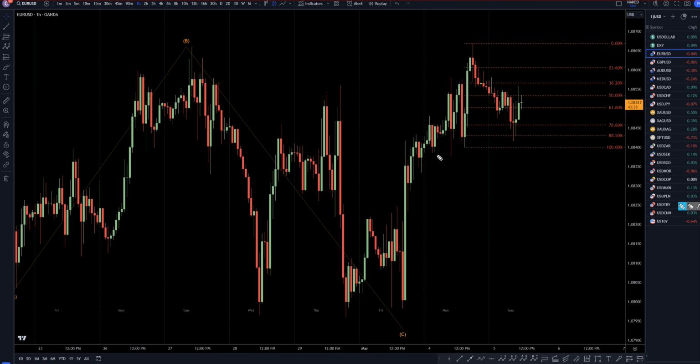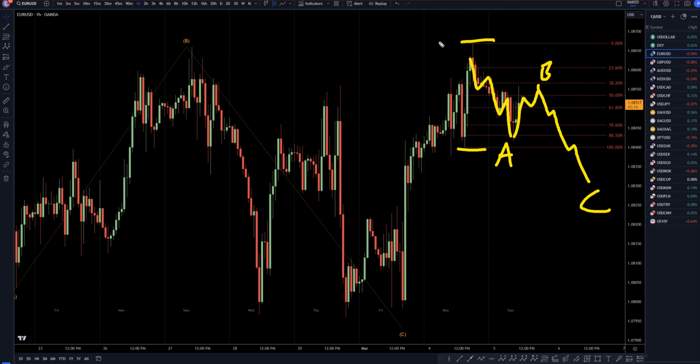On the 1 hour time frame, like I was mentioning in last night's PM video, I have a Fibonacci retracement on here. To me, this move down looks a little too much like a trend. I think this may end up being a wave A, and this actually could end up being a wave B, and it may actually go down and make a wave C, which this ABC correction will probably be a correction to this whole move up. Maybe this is like a wave 1, and this is going to make a wave 2